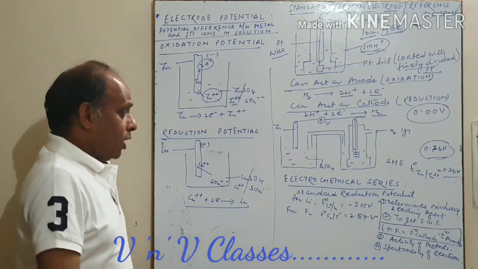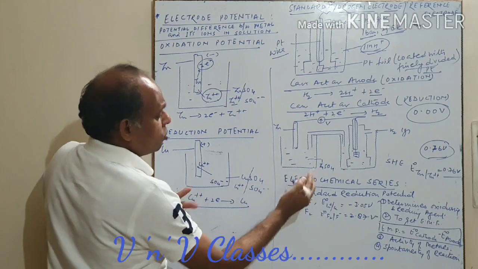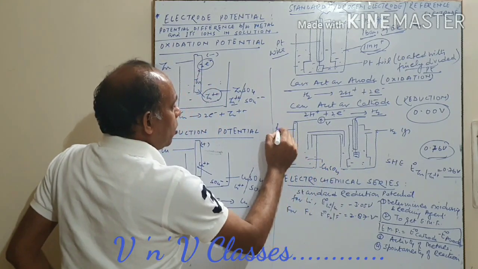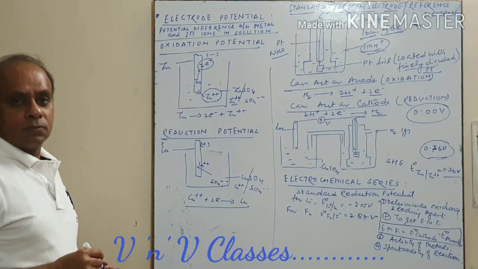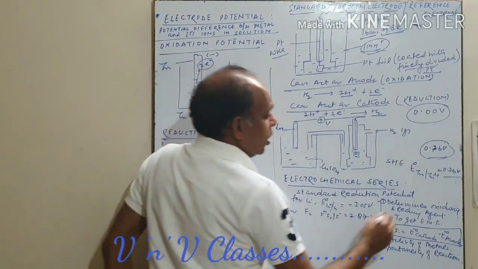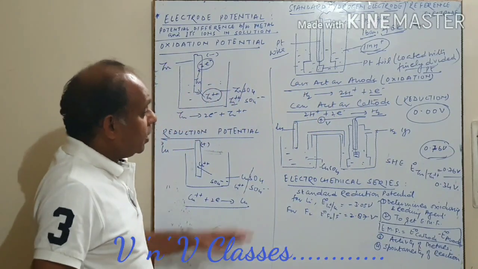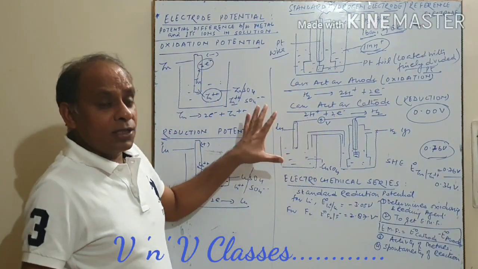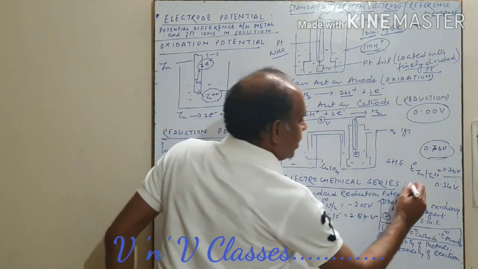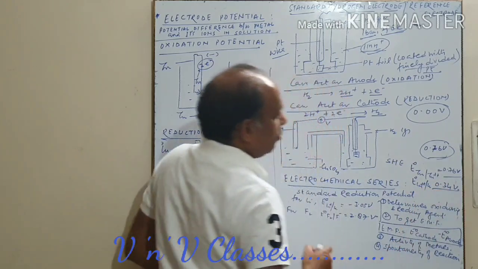Now similarly, if you want to get the electrode potential for copper, what do you have to do? You have to place another solution. Like you have taken copper sulfate solution, dipped with a copper rod. Fine. And here again you get the electrode potential, and you get a value of 0.34 volt. But remember what is going on here? This is the reduction process which is taking place, as I told you earlier. So here you will get the reduction potential of copper, that is 0.34 volt.